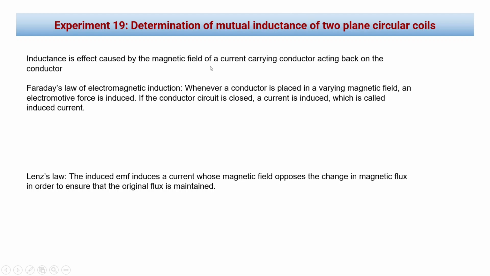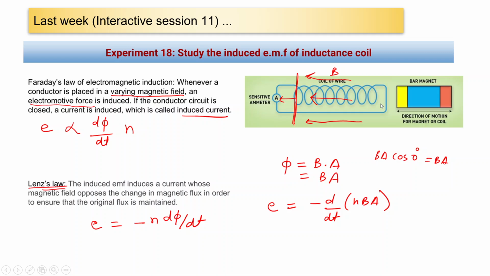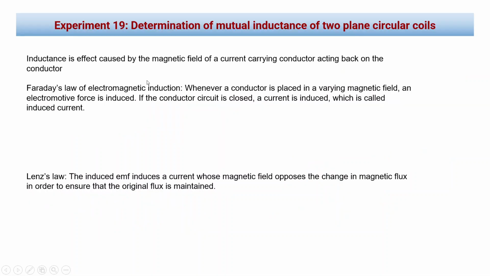Whenever we have a coil and we pass current through it, there is inductance corresponding to it. Inductance is of two types: self-inductance or mutual inductance. Inductance is the effect caused by the magnetic field of a current-carrying conductor acting back on the conductor. So whenever we have an inductor and current is passing through it,